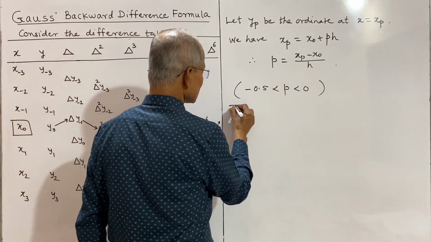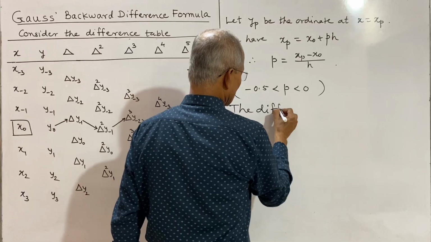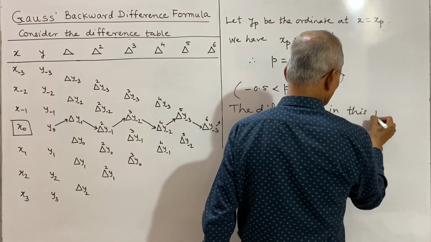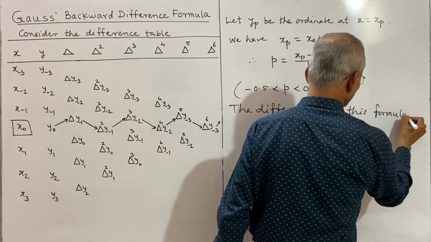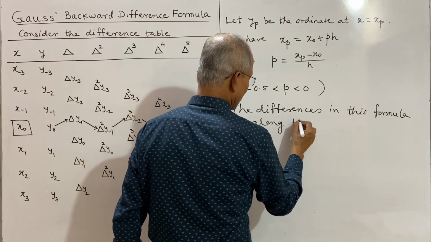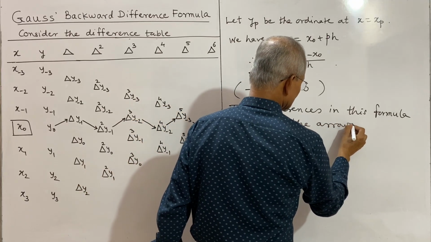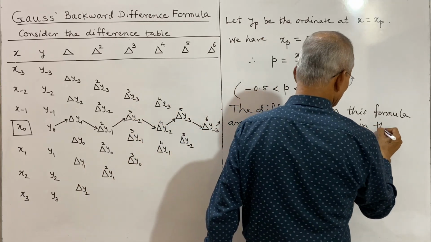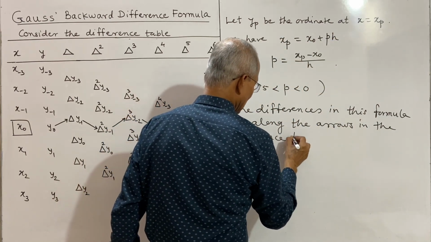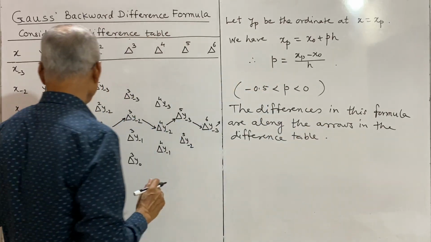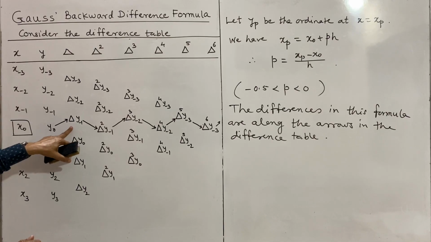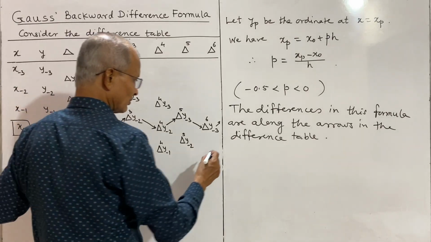Now the differences in this formula, that means Gauss backward difference formula, are along the arrows in the difference table. So this is to be remembered, the arrow diagram, that means how the differences are taken is to be remembered, and therefore the formula is